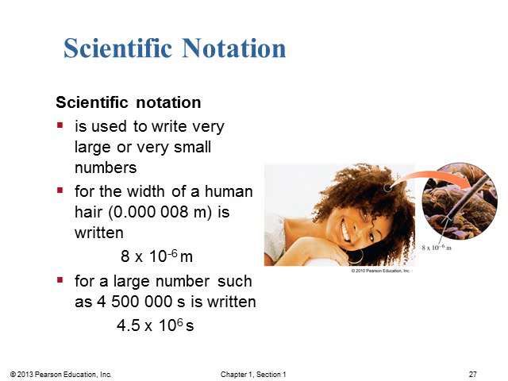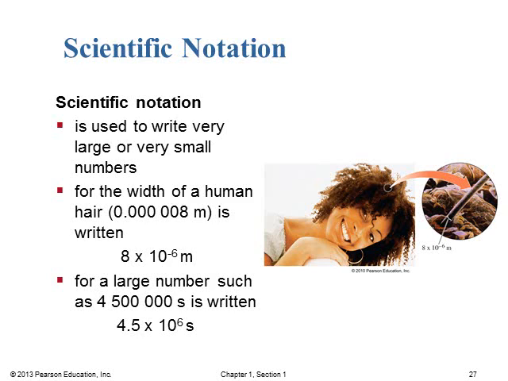All right, if we look at the width of a human hair, it is 0.000008 meters. That's a lot of zeros to have to write down every time you want to discuss something at this scale. So if we just use 8 times 10 to the minus 6 meters, that would alleviate a lot of extra writing that we don't need.